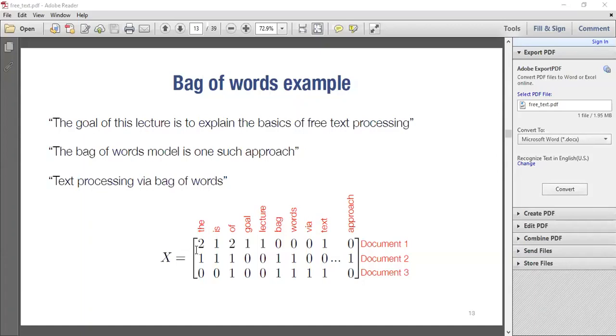That's appearing twice, which is after goal and after basic. That's why you have it this way. So this is like counting the individual words. The first row represents the first document, the second row the second, and that's how it works. So this is a term frequency matrix, whereby you've looked at all the words and calculated how many times each word appears.